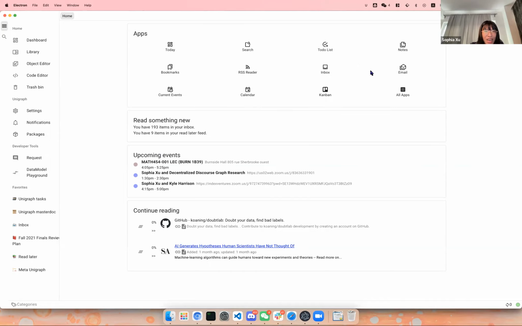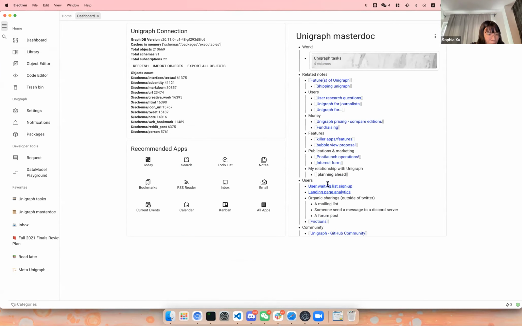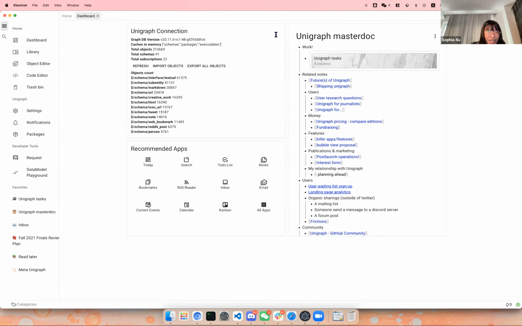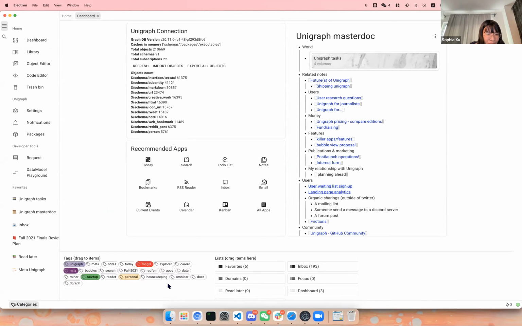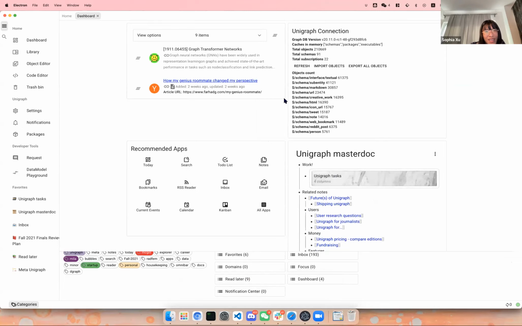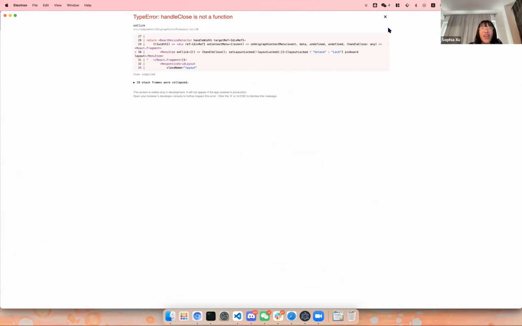And at the top here, you can see all the apps and the homepage. It's like a custom dashboard. This is one version of it. Another version is a custom dashboard like this, which allows you to combine arbitrary views. This is basically just a document, and it can embed views in this dashboard just by drag and drop. For example, you can drag your read later feed to the dashboard, and here you go, voila. This is all of the read later feed, and you can unlock the layout, and that is broken. But basically, you can rearrange them anywhere you want.